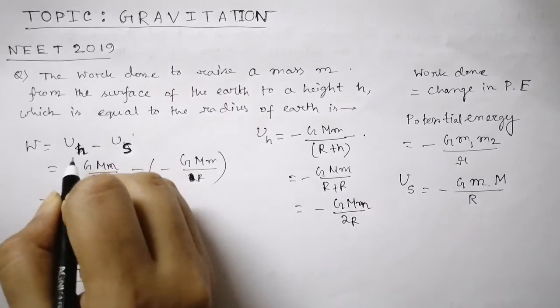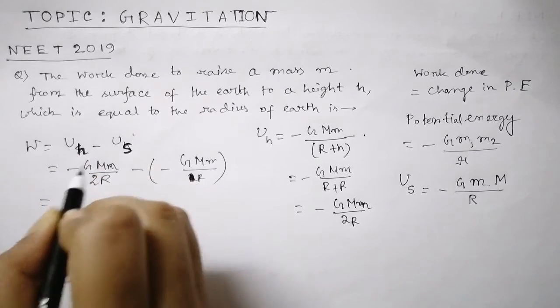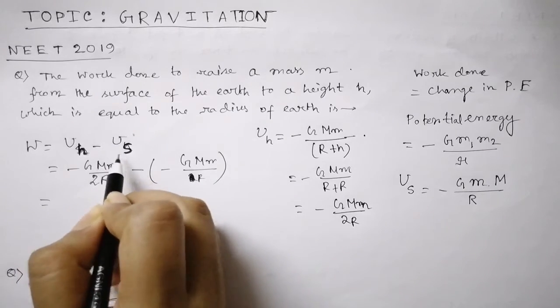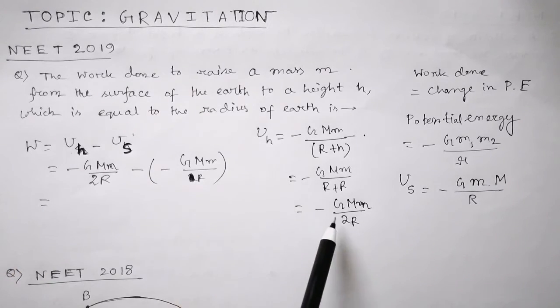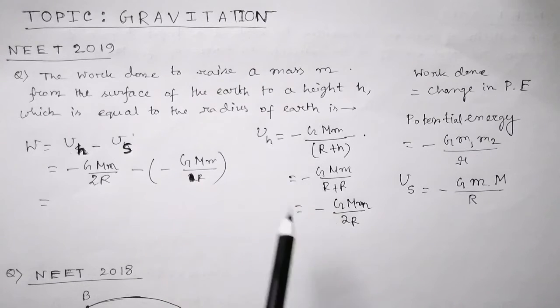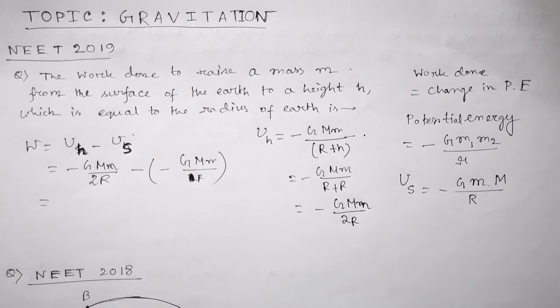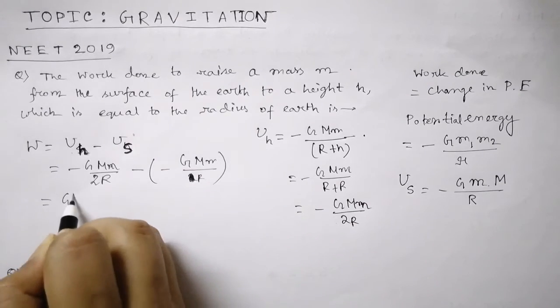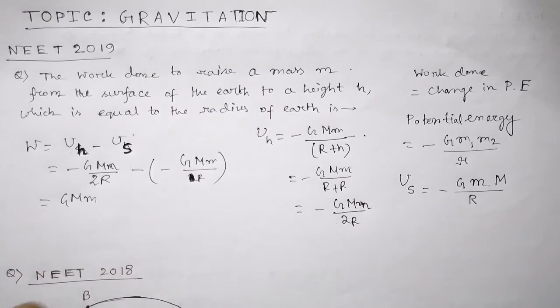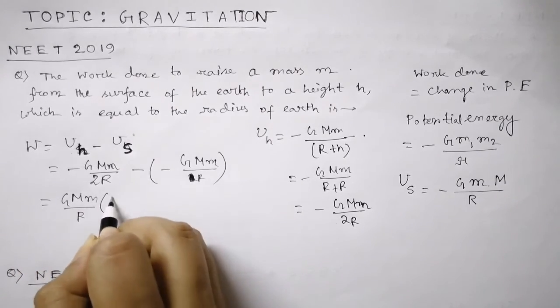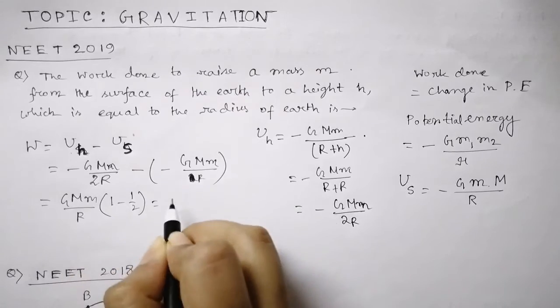Okay, so what will be the work done? It will be the change in the potential energy. So U at height h minus potential energy at the surface. Here I have put the formula of U h, that is minus G M m by 2R, and in place of U s I have put minus G M m by R. So from here, if I take G M m by R common, I am getting 1 minus half, that means half